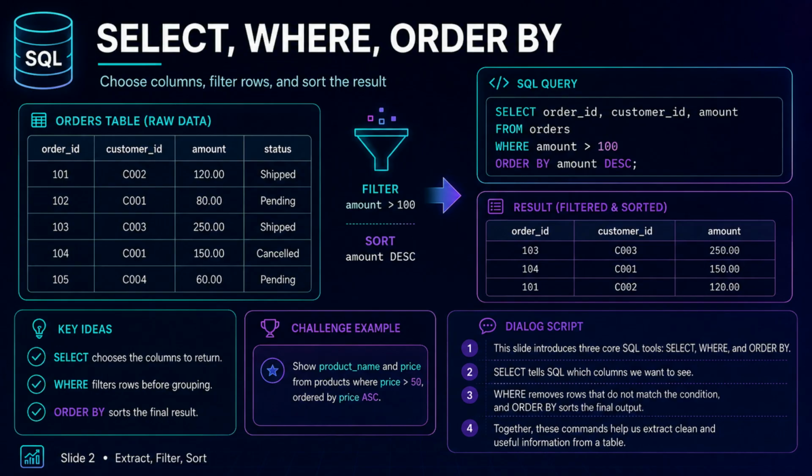Where is responsible for filtering the data by removing any rows that do not meet a specific condition. This helps narrow down the results to only the relevant records. Finally, order by is used to sort the output in either ascending or descending order based on one or more columns. By combining these three commands, users can efficiently extract clean and meaningful data from a table, making it easier